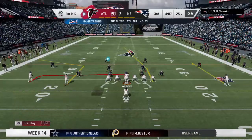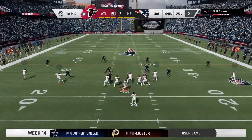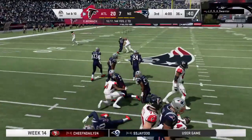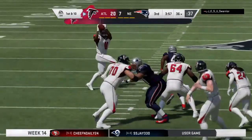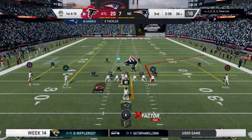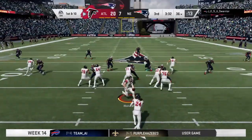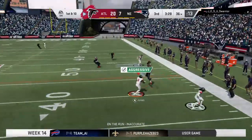About set to begin their next drive. The Falcons offense at the line. They've got to right the ship. They had a great first half, but the lead has really gone down. Now, you always talk about the adjustment to the adjustment. They've got to adjust right here. And I think a lot of it is just mentally. Get back to doing what you were doing well in the beginning of the game, but a lot of that is playing with that emotion and that sense of pride and fire that sometimes goes away a little bit when you build up a lead. You think you got it going, and you also think at any...